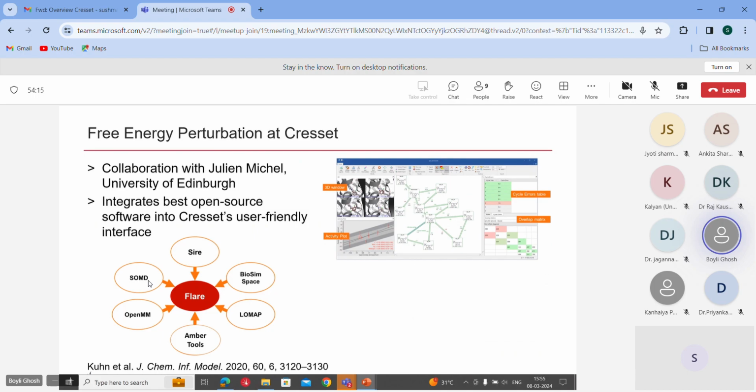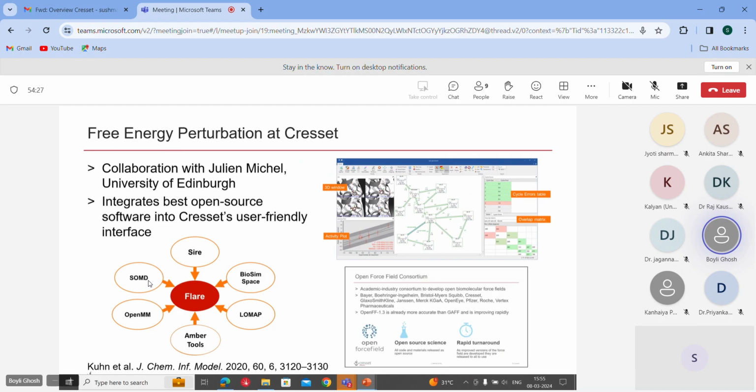Several open source and academically developed tools have been combined, and with the expertise of Cresset's in-house scientists, they have made it very user friendly in terms of the interface, so that anyone can run